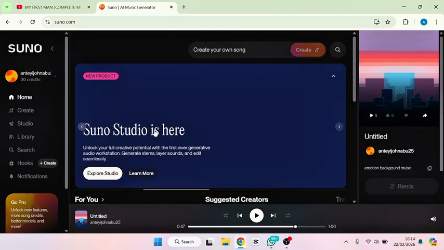So all the video you watched at the beginning of this video, the music, I created everything for absolutely free with these AI credits. And with the AI credits, you can actually create up to 5 music a day. Immediately you sign in, the next thing that you need to do is to go ahead and click this create. As you can see, they have create, studio, library, search, hooks, and so on and so forth.